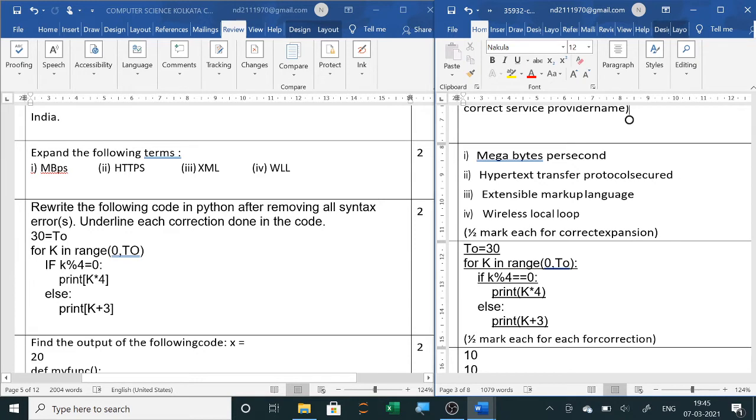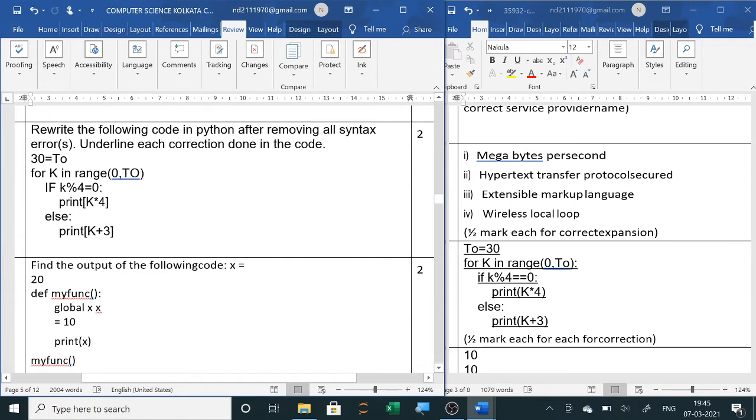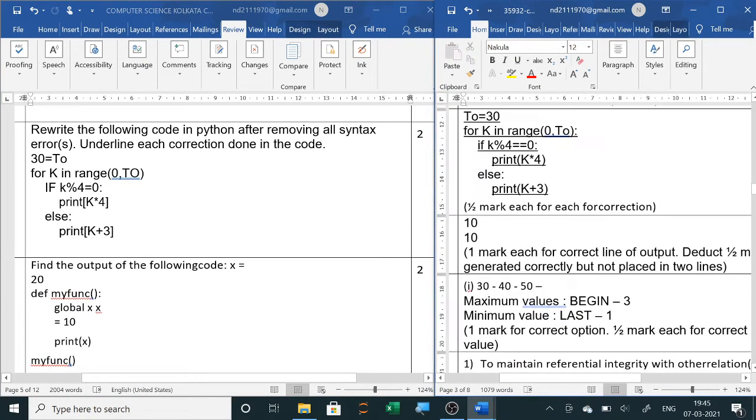Next, rewrite the following code in Python after removing all syntax errors. Here the errors will be: always the identifier is on the left hand side, the value will be on the right hand side, so 2 = 30 is wrong. Then for k in range(0, 2), in small letter, and after the bracket closes, the colon is missing.